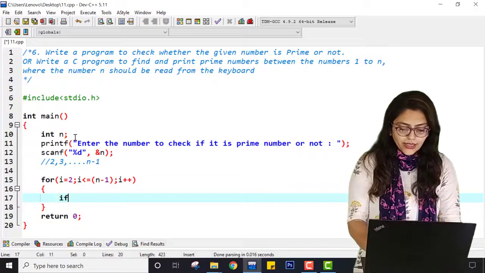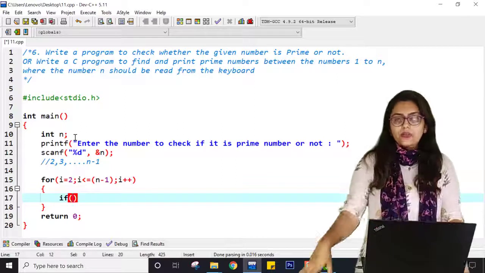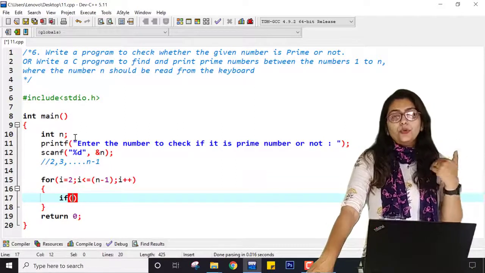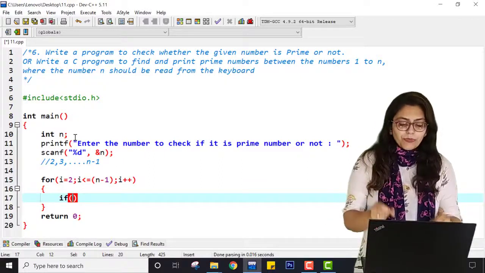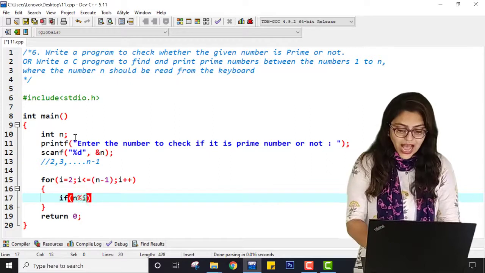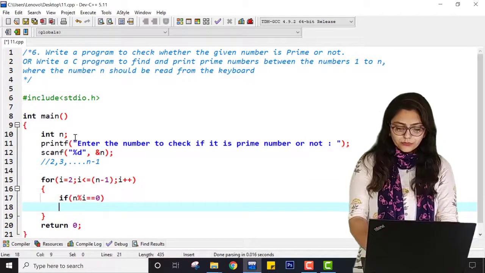How can I know that the number is divisible by any of this range? First I will check for 2, then I will check for 3 up to n minus 1. So every time I am checking if n modulo i is equal to 0 or not. What if it is 0?